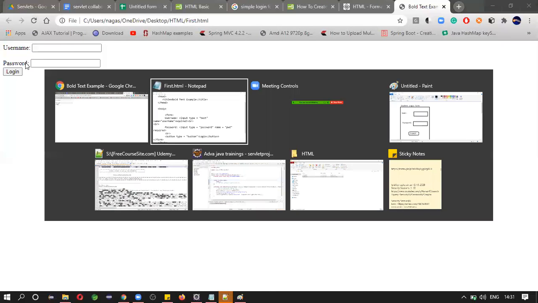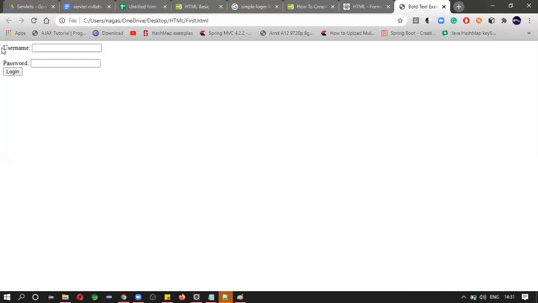If you didn't mention password, no problem, but the value will be displayed on the screen. Okay, like this. As of now, this is a static form. Okay, by clicking on the login, we are not saying where to go and what to display.